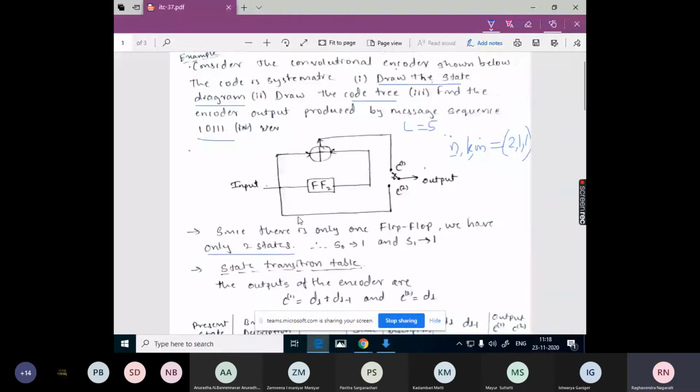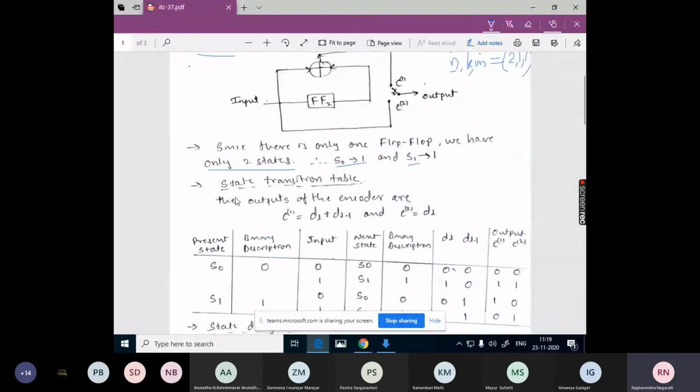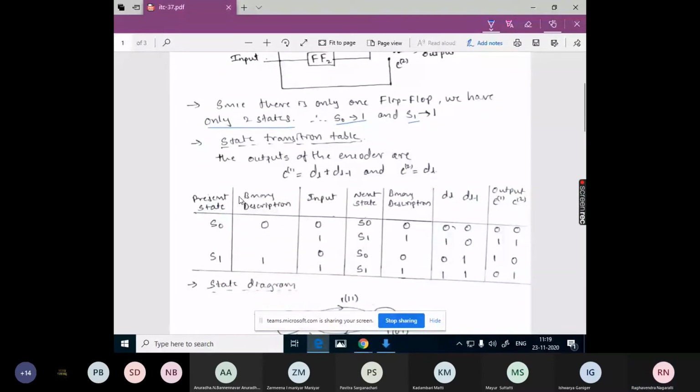So for the state diagram, we have 2 states, S0 and S1. In general, we have 2 raised to the number of flip-flops, 2 raised to m, number of states.